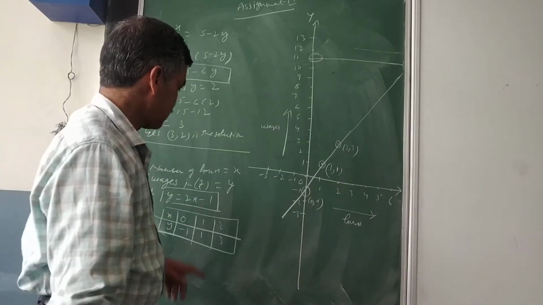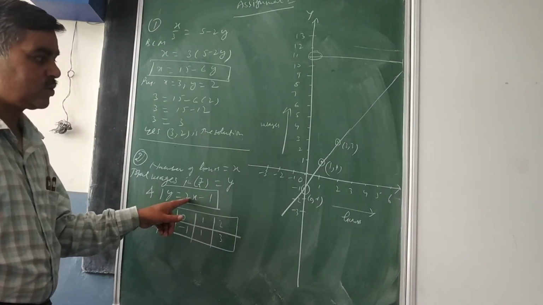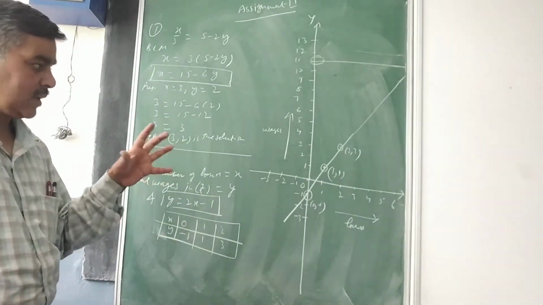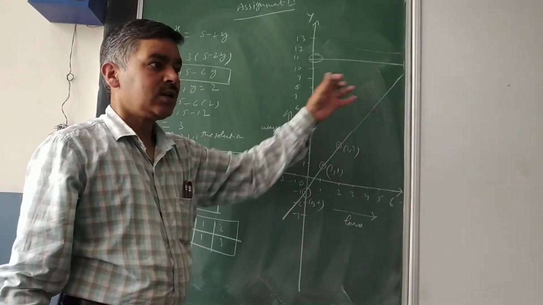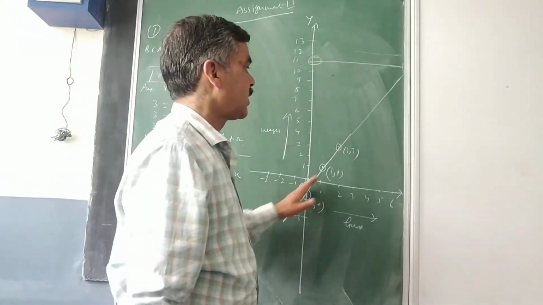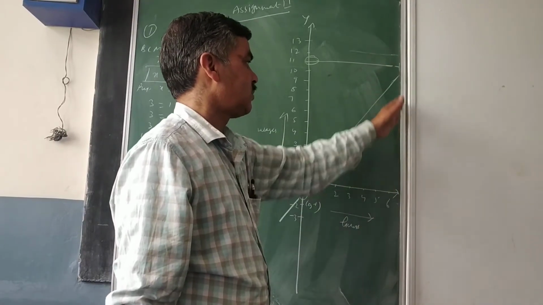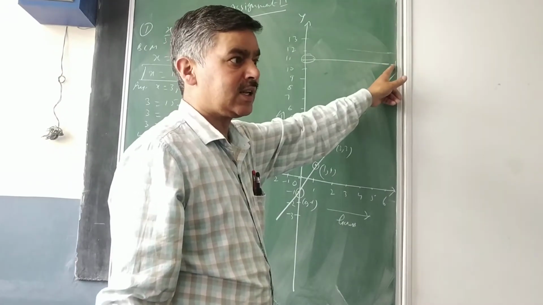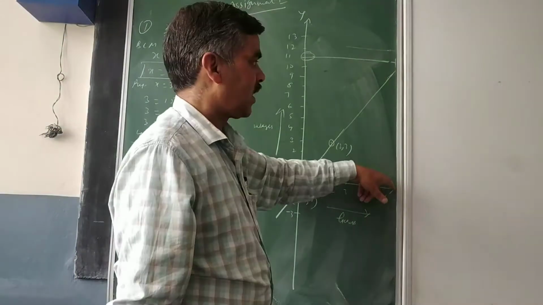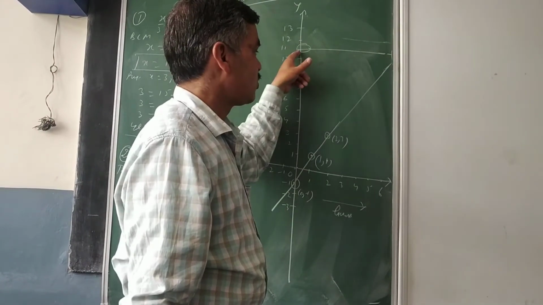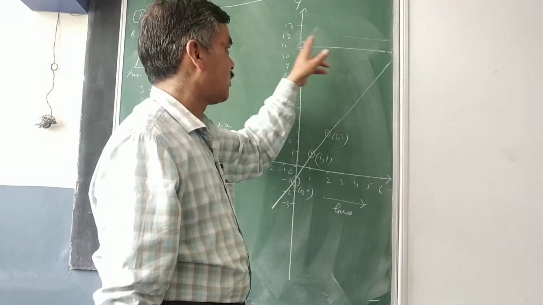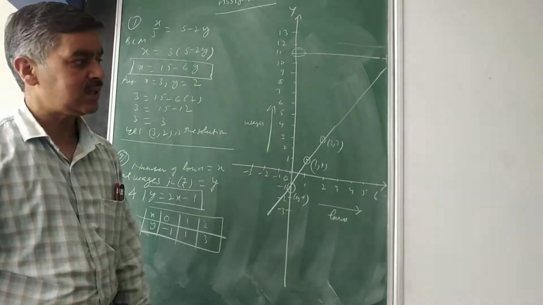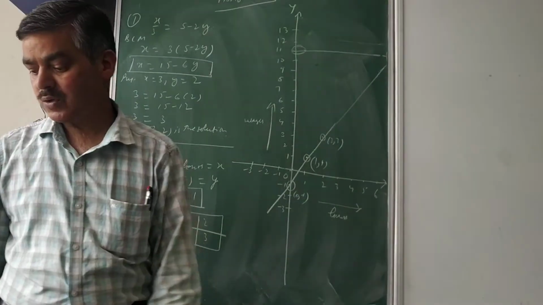I can check it from here: if I put x is equal to 6, 6 twos are 12, 12 minus 1 will be 11. In that way also you can do it, but the question says from the graph, so you have to show that also. Please do not forget to extend the line and then keep the scale vertically to this line. Where it touches this line, mark the dot there and read the x, that is the abscissa, and it is 6. From there you need to draw the perpendicular on the y-axis, and on the y-axis definitely that is going to be at 11. So for 6 hours you will get rupees 11. That is the answer for this question.